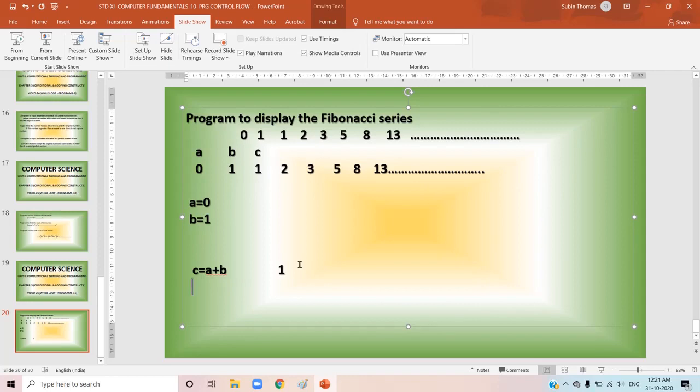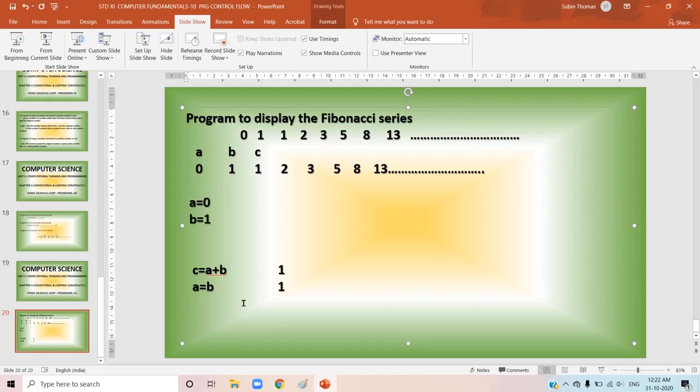So that means here I am going to store this value, this 1, to this A. The present B value I am going to store into the variable A. We want to add these two values. Addition is done by using A and B. So here the present value of B you have to give to A. So I can write A equal to B. Now B is 1, that is given to which variable? That is given to the variable A. So A becomes 1 now.